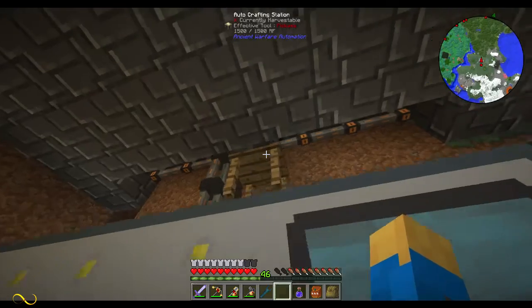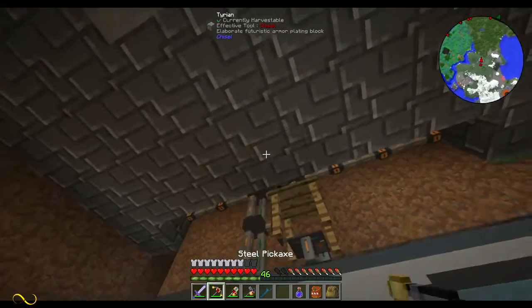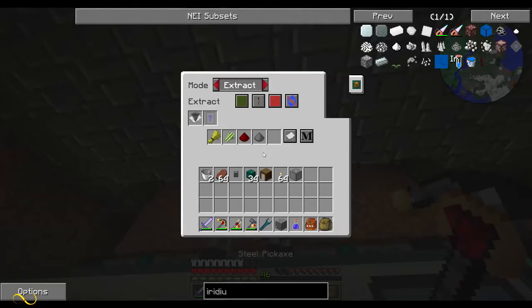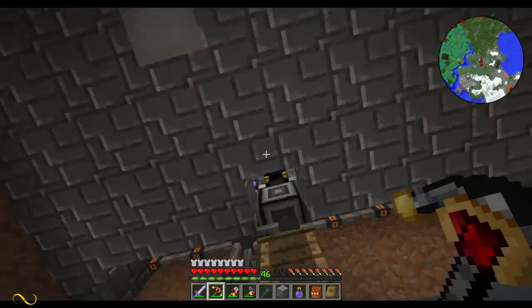It is full of sugar. Oh, wow, I didn't expect that. And if we look here, I'll just break this really quick. Whoop, I need a better pick. If we look here, we're pulling out wheat, sugarcane, redstone, and gunpowder from the interface, which I have set up to...